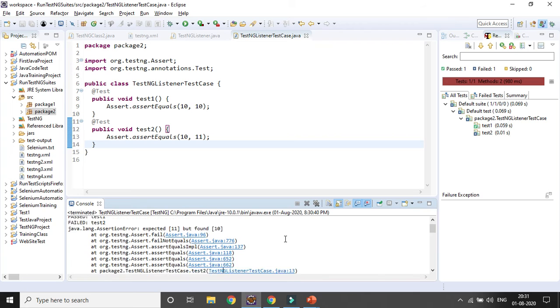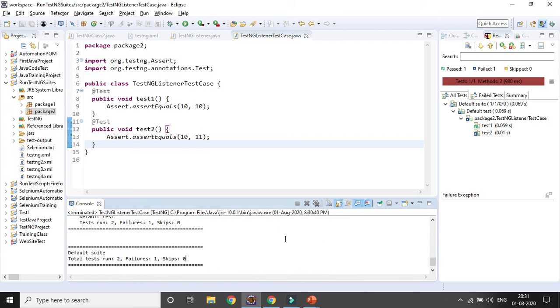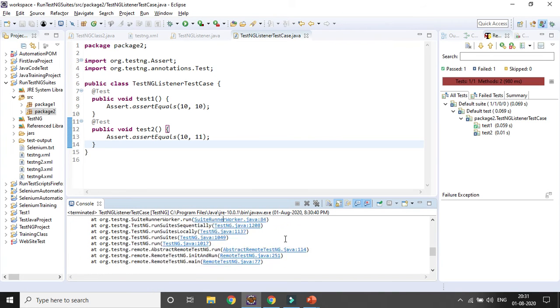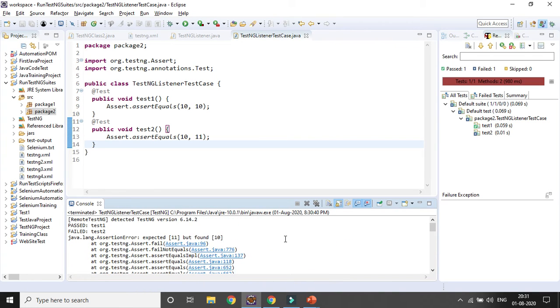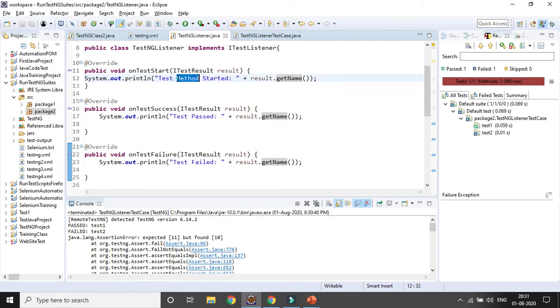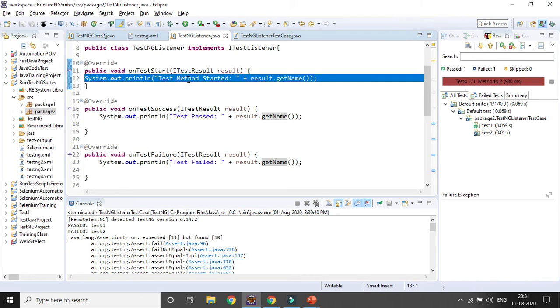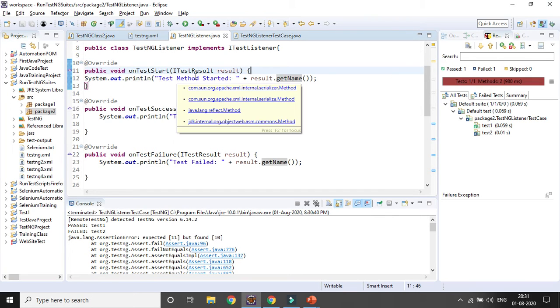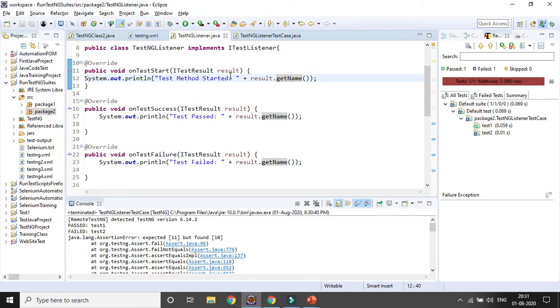Okay, now if you go down you can see total number of test cases run 2 and pass failure 2. But if you want to give the custom message like the test case is passed or failed, whatever I have created here on starting or not, so that part if you want to display we have to use the listener class. So only we have to mention it one time, right? After that automatically from that class all the wording it will take.